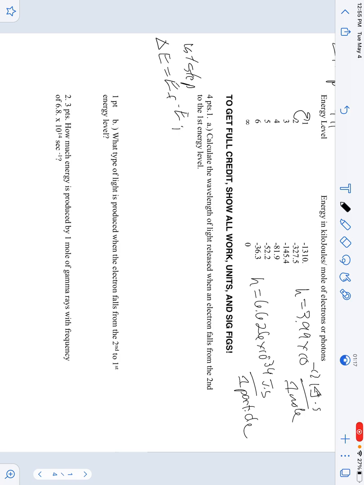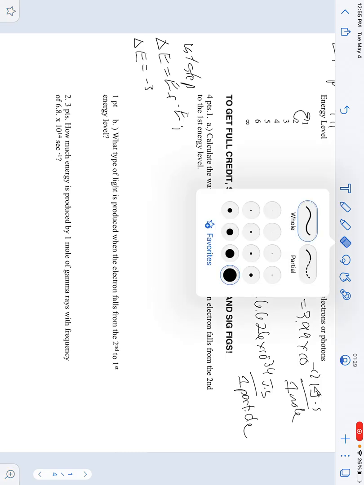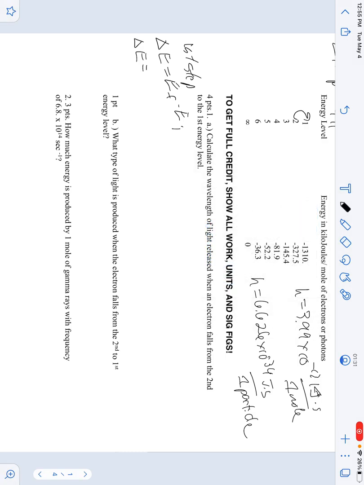When an electron falls, it gives off energy. So from the second to the first, the final level is negative 1310 kilojoules per mole minus a negative 327.5. So that means my energy change is going to be